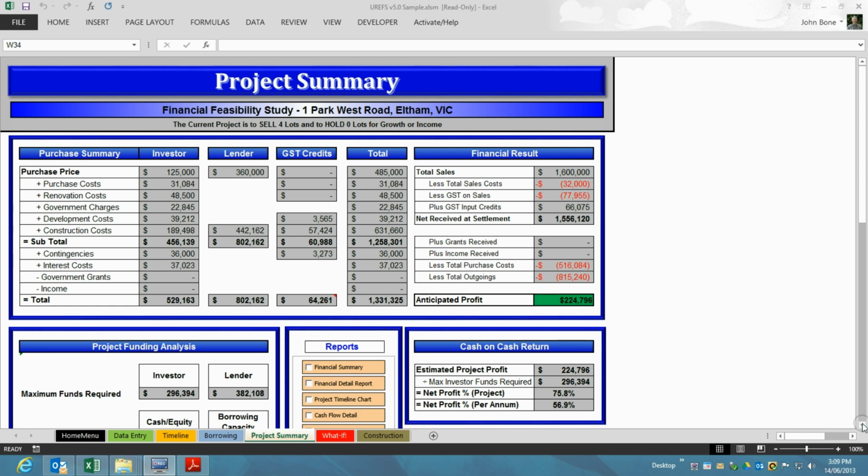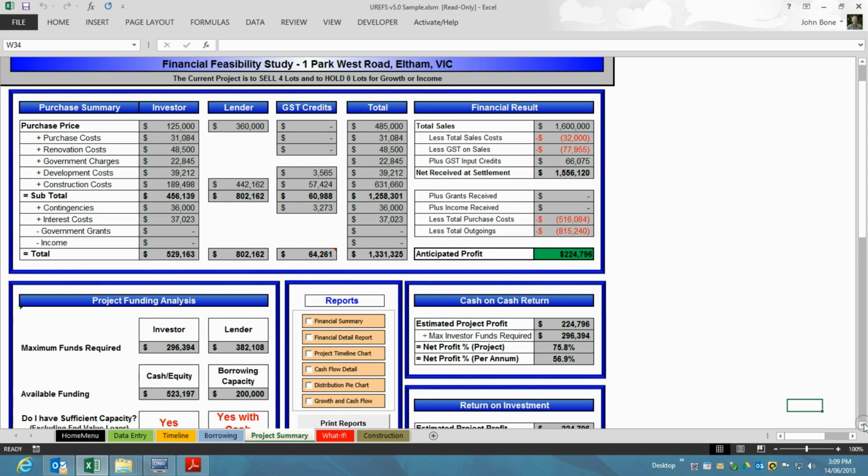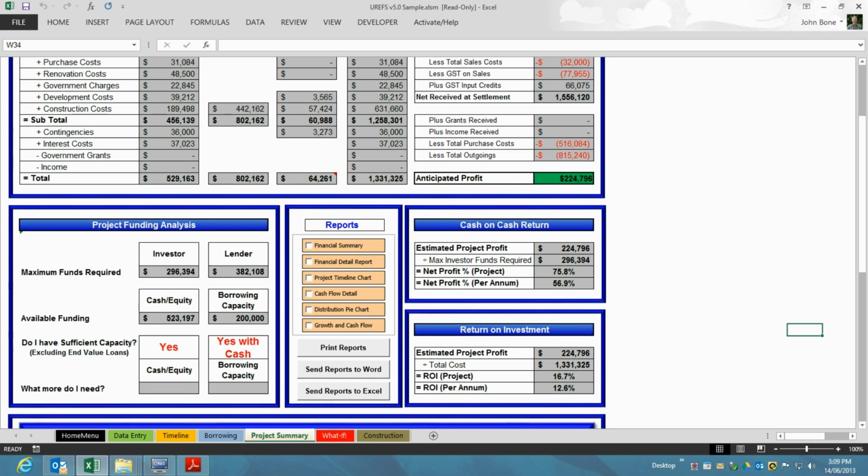The next section just slightly further down and on the left side is our project funding analysis. This is where the program takes the information that's been entered in the affordability section of the data entry sheet, and compares our funding availability with the requirements of the projects to say if we have sufficient cash available and sufficient funding available, either from our sales, or from our lenders, to make sure that we have enough funding for the project. If there is a shortfall in funding, then that shortfall will be displayed at the bottom of this